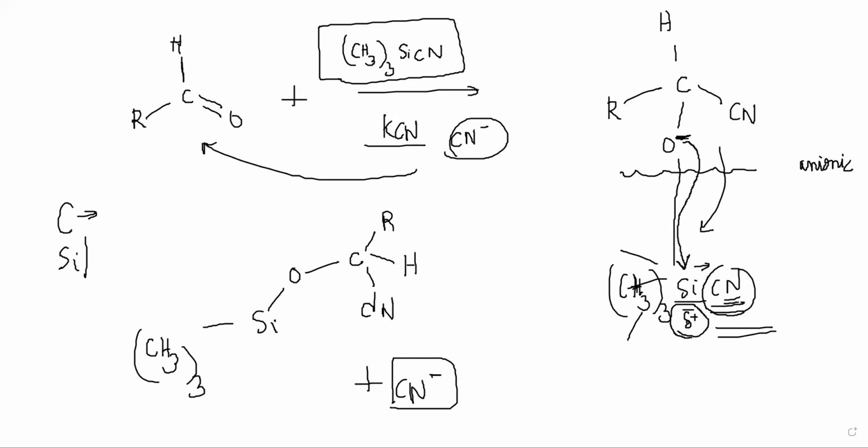The KCN is just to start the reaction. The CN minus will come out and it will become KCN again, right? So whatever catalysis was happening, the catalyst is coming back. It's not going to be used up, right? KCN is just to start the reaction, just to make some cyanohydrin type of compound, some anion like that, which can attack this Si part. After that, it is fairly straightforward nucleophilic addition. Okay, so that is what happens here.